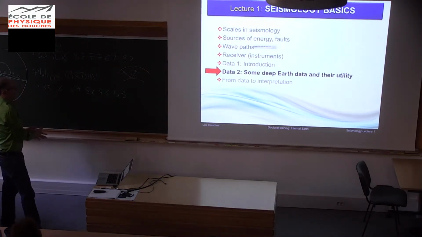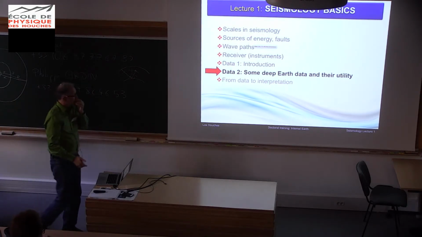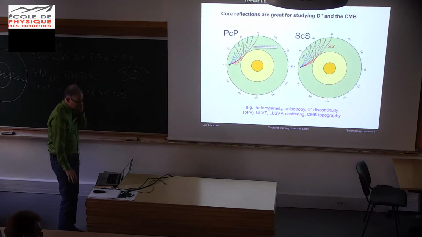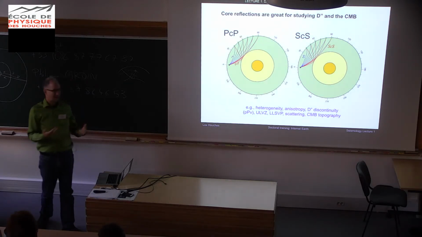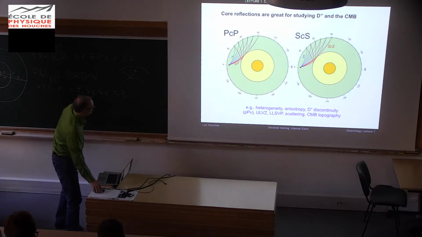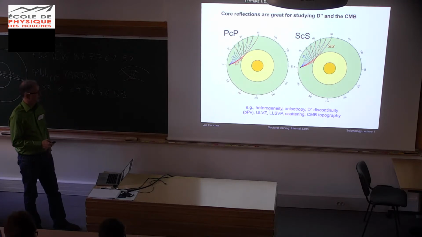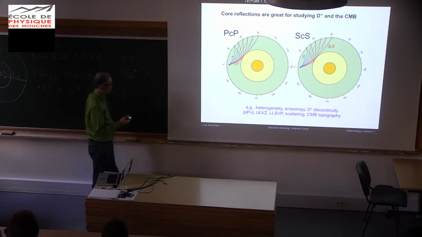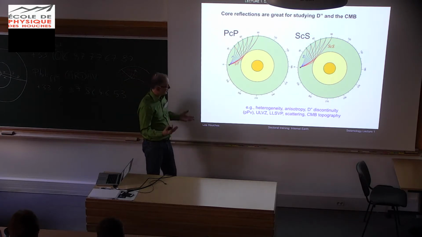Okay. Some deep earth data and their utility. So this is just going to be brief. I'm not going to show results from this stuff. I will talk about some things that are out there in the literature now based on different waves another time. But energy that bounces off the core, we often use it in a differential sense compared to the one that went through the mantle. And they're really good for heterogeneity down there, just general heterogeneity if you're trying to map large-scale stuff.